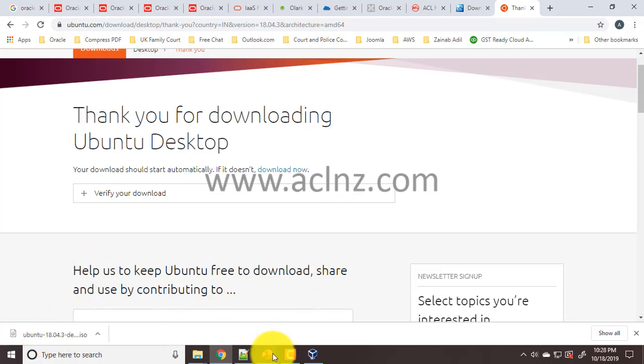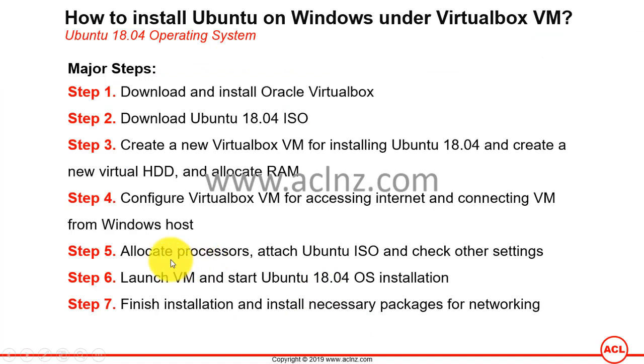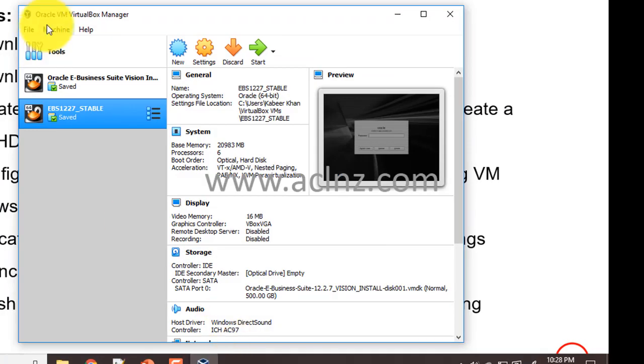So let's go back to the PowerPoint slide to see what's the next step. The next step is to create a new VirtualBox VM for installing Ubuntu 18.04 and create a new virtual hard disk and allocate associated RAM required. So let's do that by going to VirtualBox. So here I'm gonna click on new,